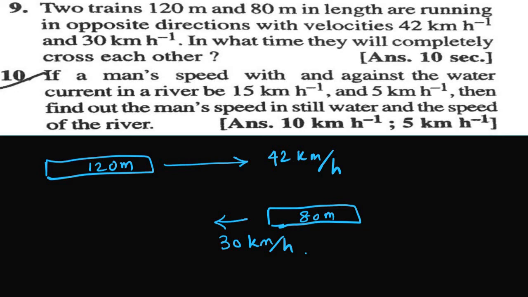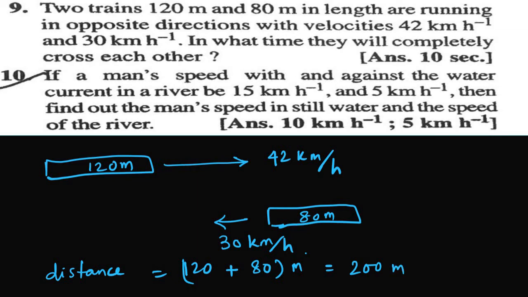Now this is easier than you think. First of all, I need to find the distance. What is the total distance they need to travel? As I said, the lengths of the trains should be added up, and these kinds of problems we did in mathematics in grade 6 or 7. I think you should have done it also, because when there is a train and a bridge ahead, or there are 2 trains moving in opposite directions that need to cross each other, you need to calculate the distance. Then you need to add the total length of both the trains. So that is basically 200 meter.